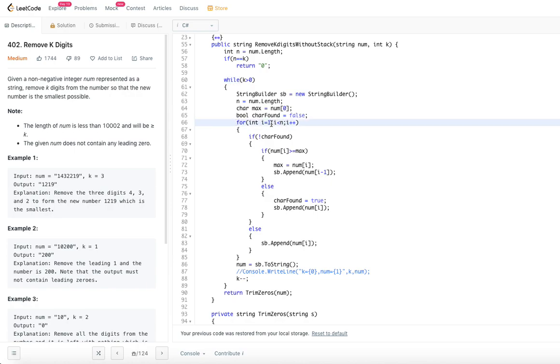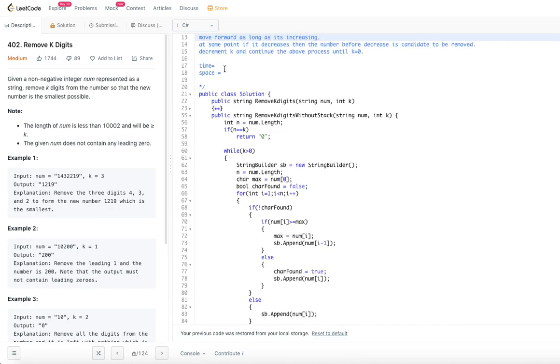Even though technically, in practice, this is not going through n times, and the value of n is decreased for each k, while k is getting decreased, the value of n is also getting decreased. So the total time complexity that we would say overall will be order of k into n, where k is the given number and n is the length of the num string. So that's what it is.